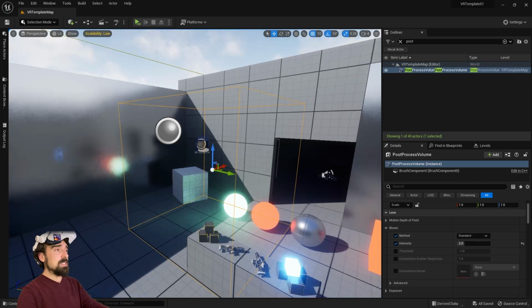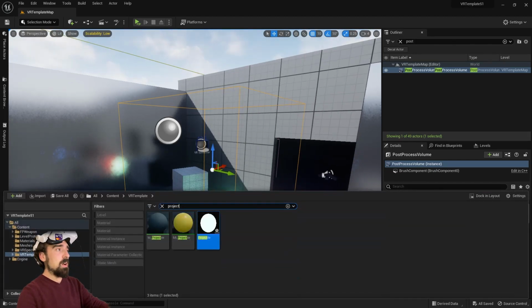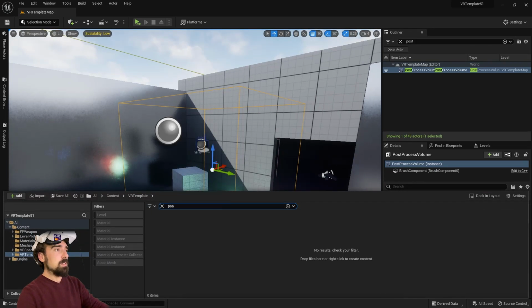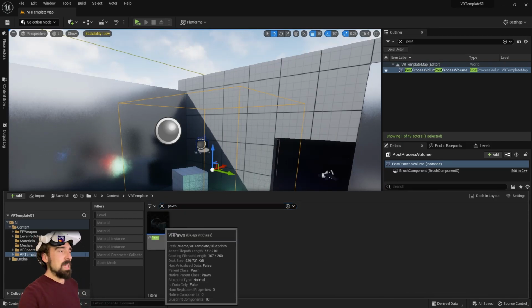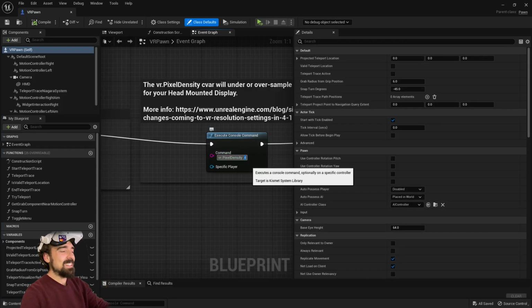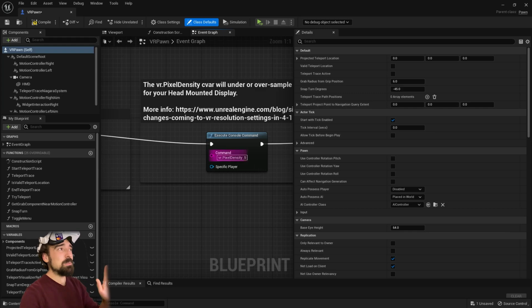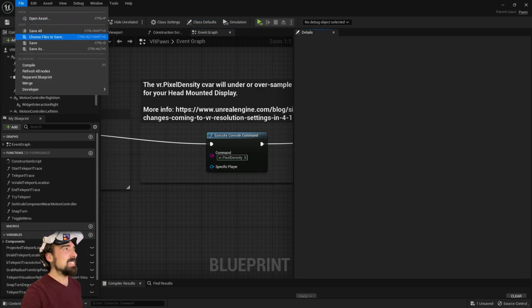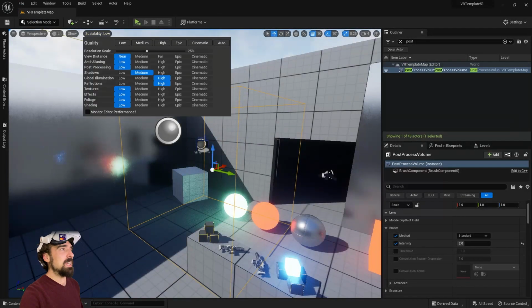crank up my pixel density a little bit. So I could go to my pawn, and I can do that directly in the editor as well. So here's what I'll do, for example. We're going to end this by crashing it. So let's start with our pixel density at 0.5, so it'll be a little bit better to start, right? And I could maybe even crank up my screen resolution a little bit too. We'll do the screen resolution at 75, and then start to crank up some